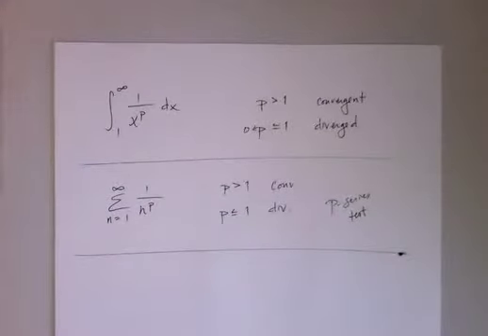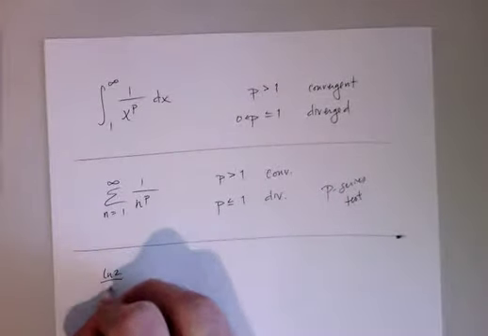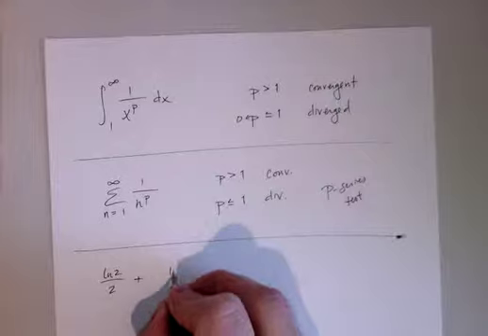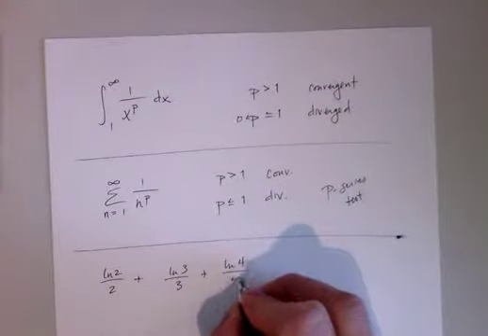So the integral test basically says if the corresponding improper integral converges, then the series converges. If the corresponding improper integral diverges, then the series diverges. Very, very simple. Well, let's go through a couple more examples. We see, even if we're given it in this form rather than in sigma notation, we should be able to figure out whether this